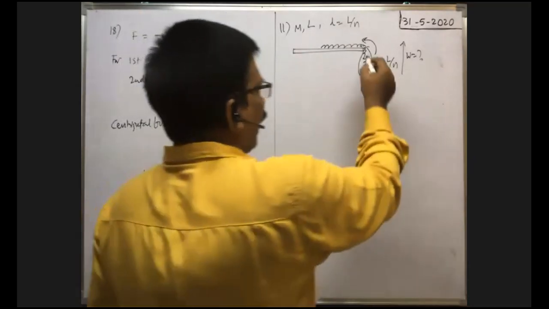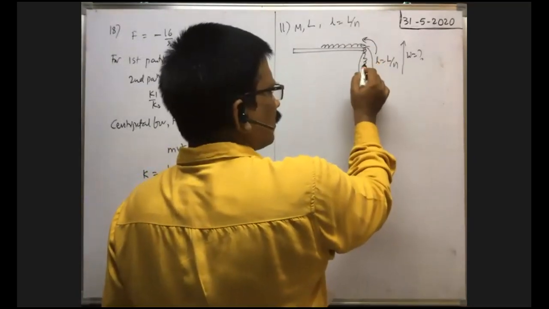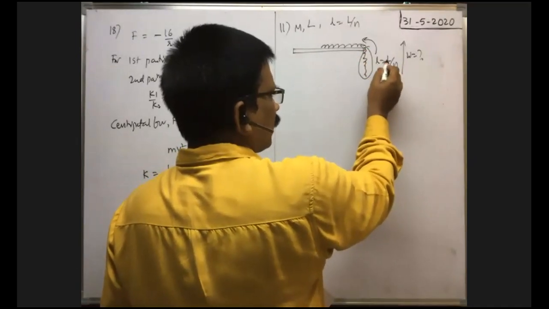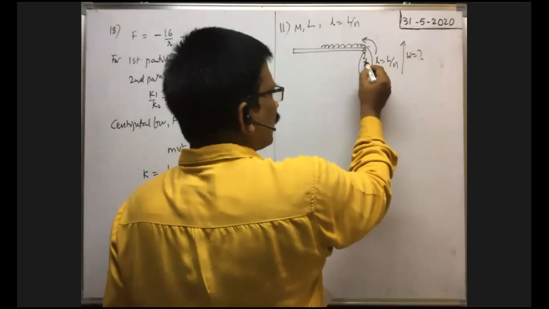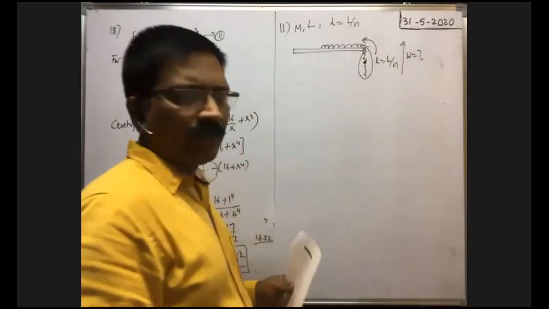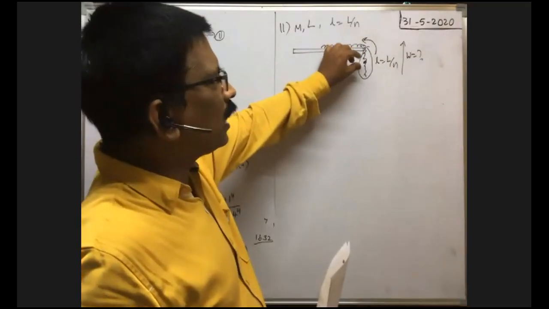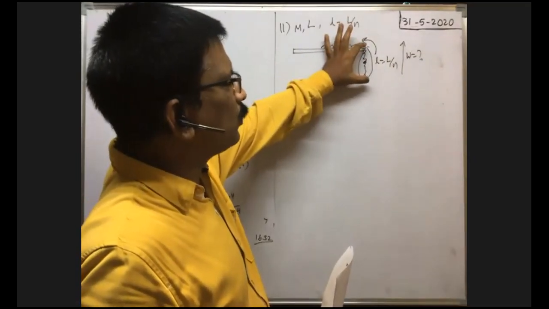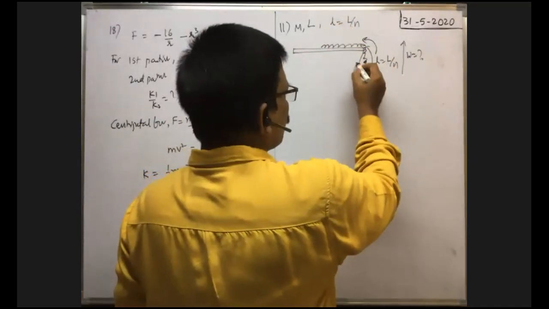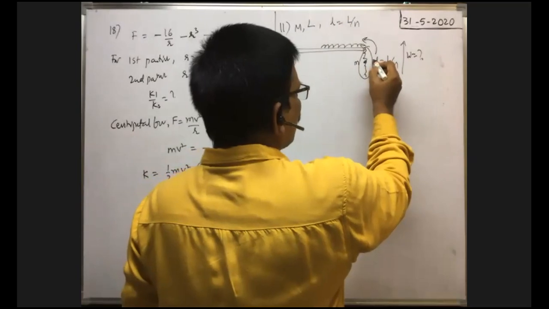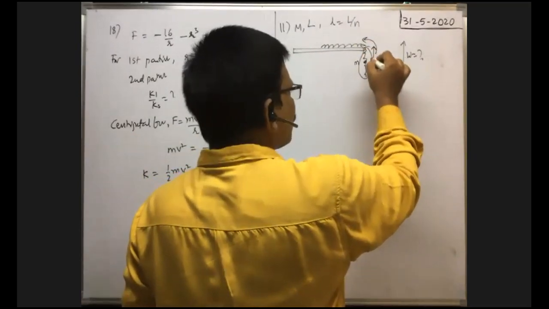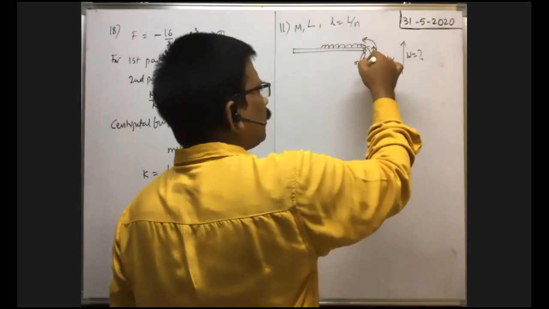Here, as the hanging part is not a point mass, its mass is extended up to a length equal to 1/n of its total length, small l. Then the center of mass of the hanging part has to be considered, because this hanging part is an extended object. Its mass is distributed over some length, so consider the center of mass. If the total mass of the hanging part is at this center of mass, the work done to take it onto the surface of the table is the total work done in lifting the hanging part onto the table.